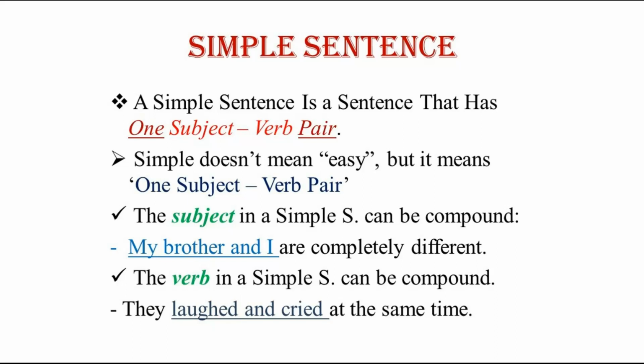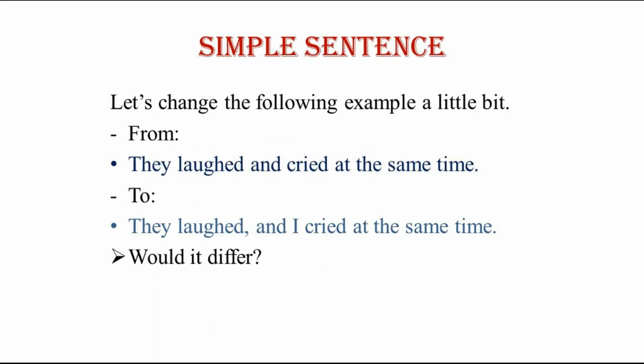Okay? If I changed the sentence a little bit, from they laughed and cried at the same time to they laughed, comma, and I cried at the same time, what will differ? Okay, they laughed and cried at the same time. Let's analyze it. When I say they laughed and cried at the same time, we have one subject, which is they, and we have one verb pair. We have two verbs, but we